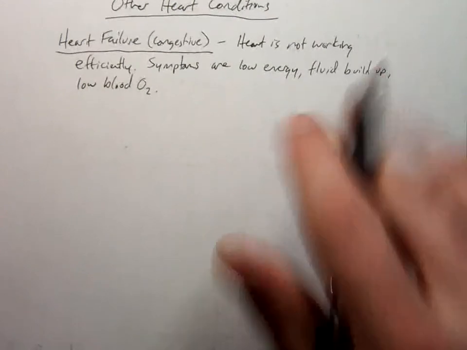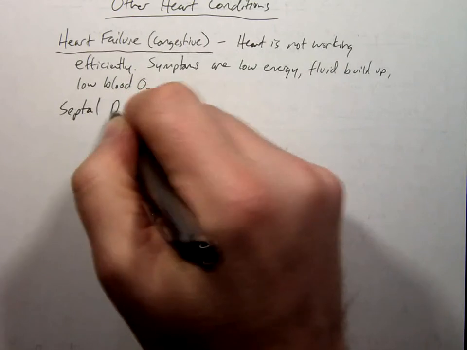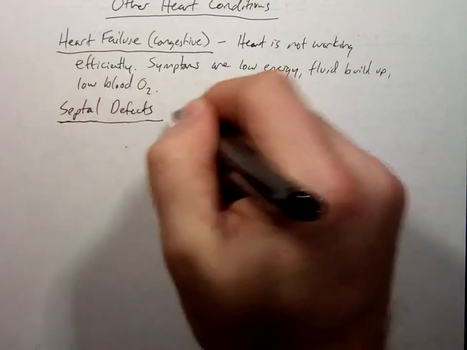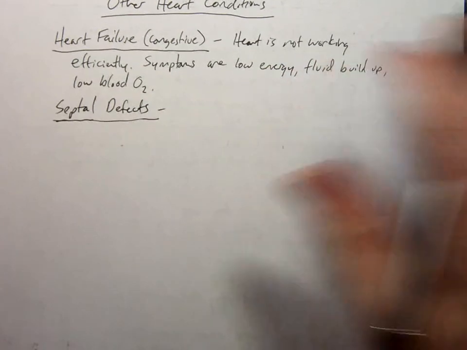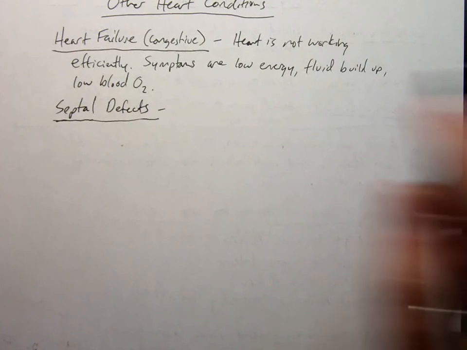Next would be septal defects. A lot of times these are congenital. You have these before you're born. Some people have them. You might have one right now and not know it, and you might live your whole life and be fine and not know it. But the septum, you guys remember what the septum is? Interventricular septum? What's it do? It separates, right? The right and left side. So these are holes